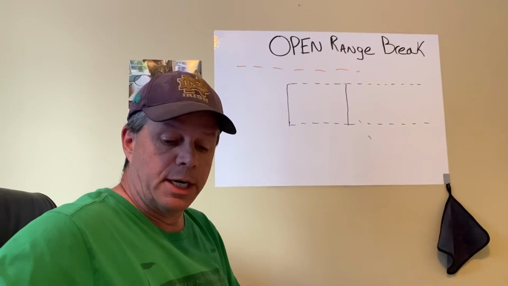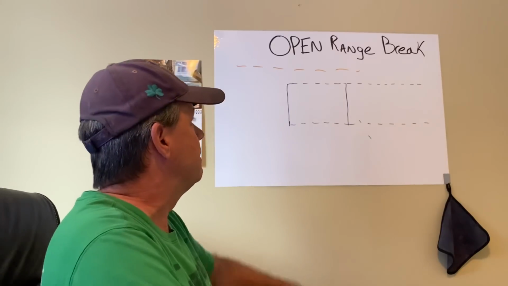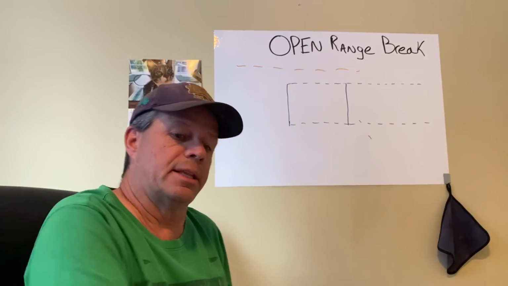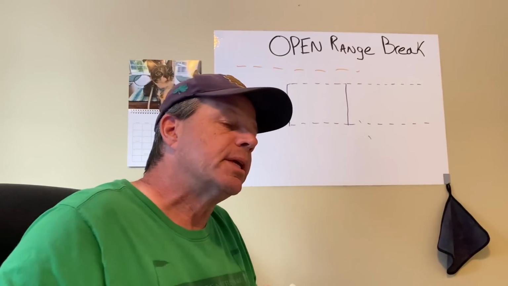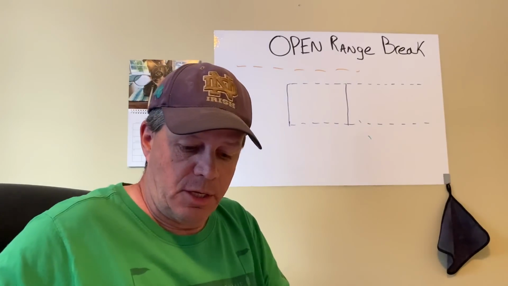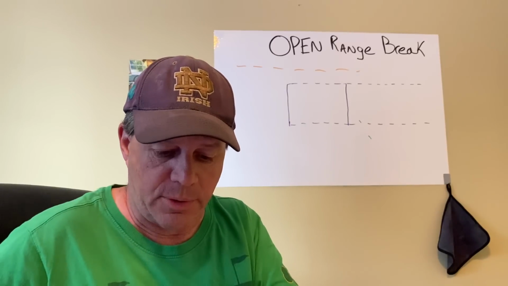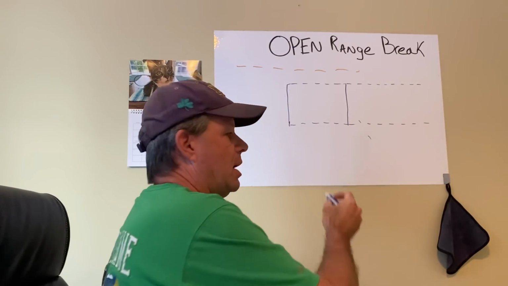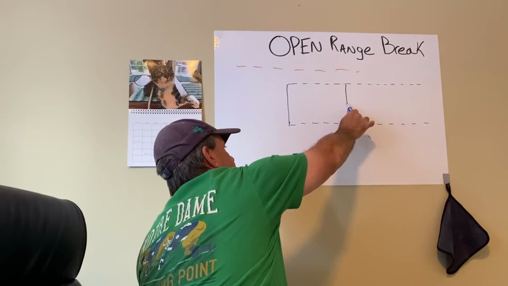So anyways, let's talk about the open range break advanced method. Now, the advanced method that I'm talking about has two components. One is this: you have to visualize what roughly is the middle